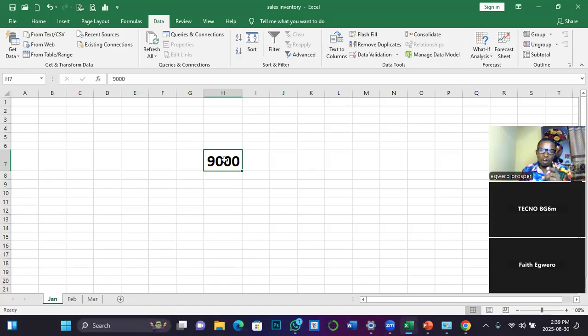And what is the label of this container? I will trace it to the column, because in a short while, I'm going to explain the whole of this. But for now, just know that this H represents column, which means the vertical space on the Excel worksheet. Now, why are we seeing H7? We are seeing H7 because that cell reference is updating you that your active cell is currently in column H, and when you trace it to the row, it is at row 7. That is what is updated.